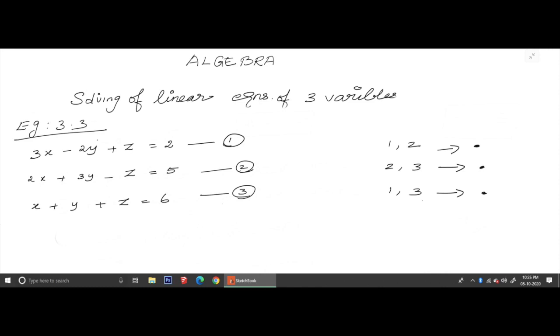When you solve, again you will be getting a two-variable equation. One variable will get cancelled. Okay, it will be eliminated. And now you see here, all these three you need not do. If you choose these, you can do only these two, or else you can do these two, or else you can carry out with this and this one.